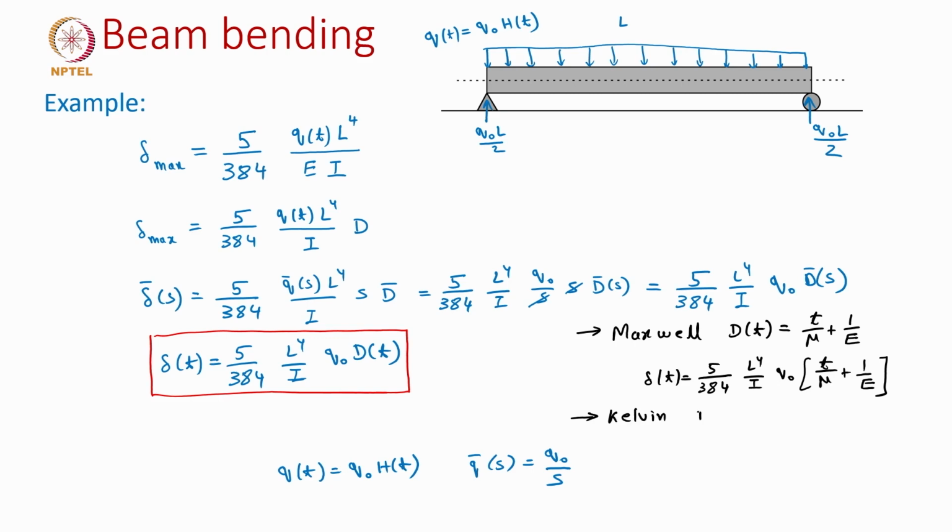Here again we have shown previously the compliance is given as, where tau is the relaxation time or the retardation time. So, once I replace this into the formula we derived, then the deflection of this beam at midpoint is